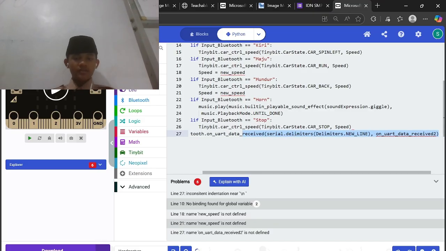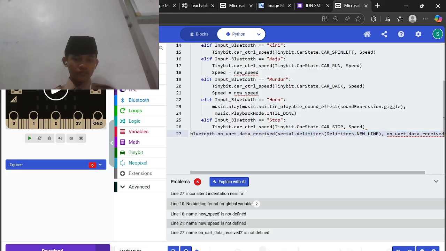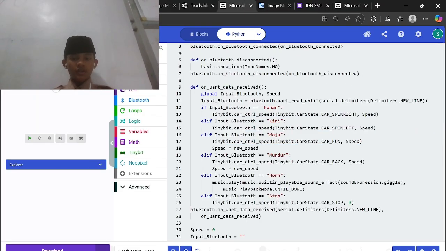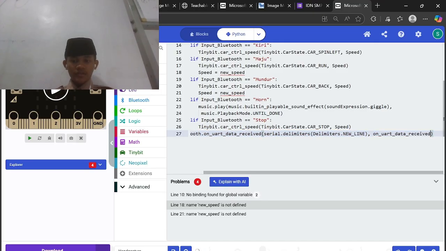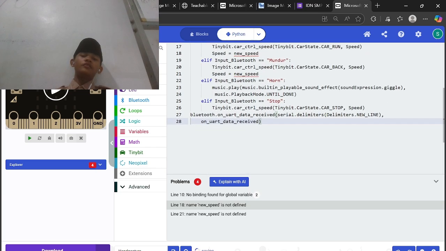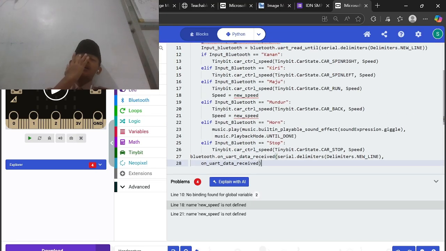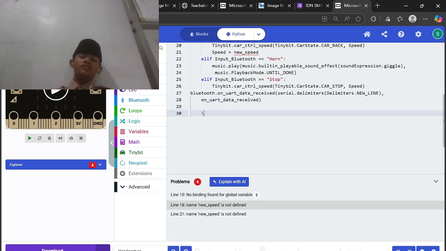Like this. Okay. Data retrieve. New line on data. This is in addition. Okay, so the code is already done. I mean this data retrieve is when the data is already connected. They are like this.